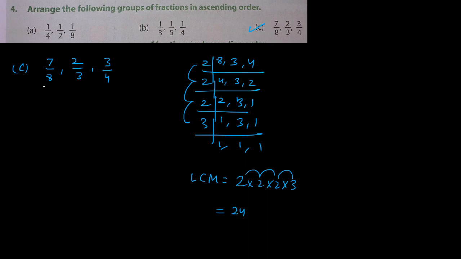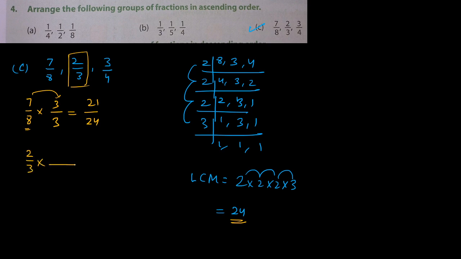Okay. Now I will write the first fraction. What is the first fraction? 7 upon 8. And multiply 8 by such a number so that we can get 24 in the denominator. So 8 ones are 8, 8 twos are 16, 8 threes are 24. So multiply 3 in numerator also. So 7 threes are 21. Okay. Now write the second fraction, which is 2 upon 3. Multiply 3 with such a number so that we can get 24 in the denominator. 3 8s are 24. So multiply 8 in numerator also, and 2 8s are 16.